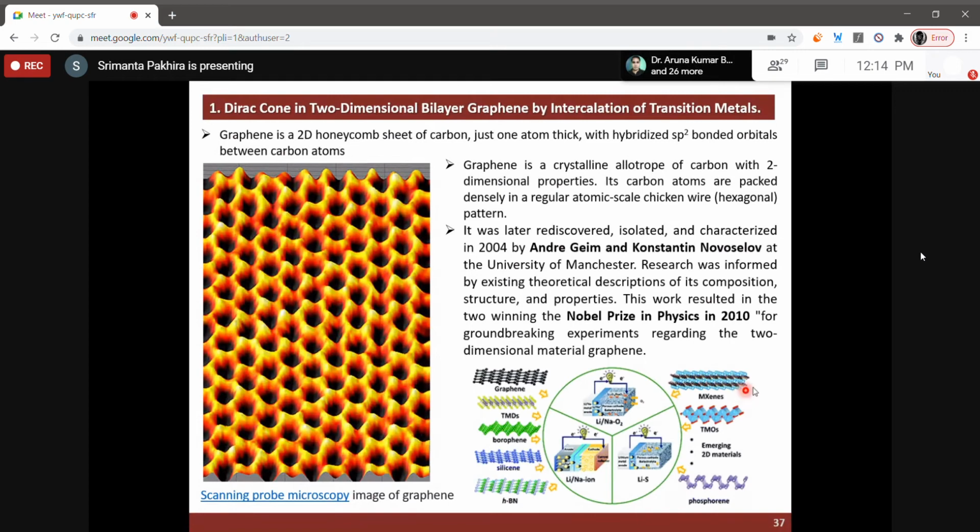Some of us, and myself, are working on alkali ion batteries, lithium and sodium. Probably Akash will work on lithium and sodium, and Vikas will also work on transition metal oxide, transition metal dioxide, and battery purposes. And phosphorene, we are thinking of working on that. So this is just the development of graphene we are opening up, but if you open some journals, you will find many articles on that.